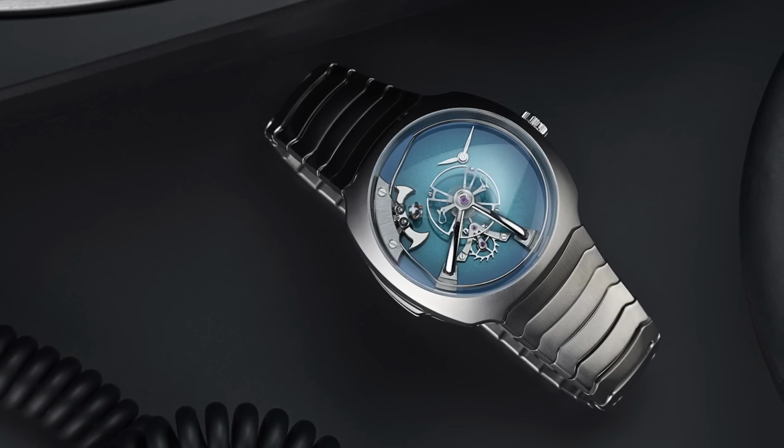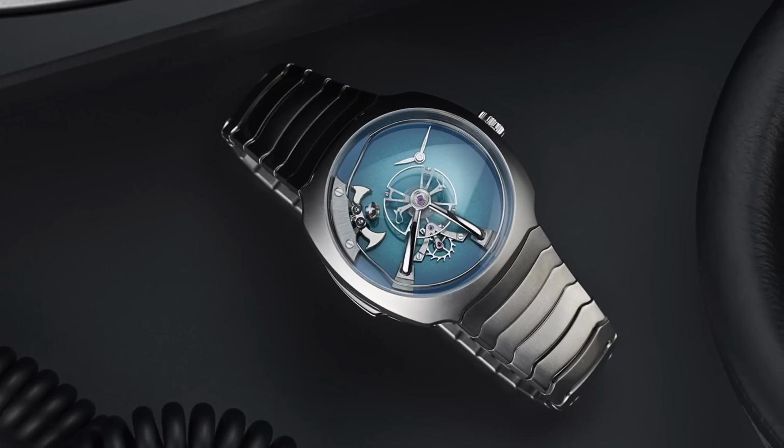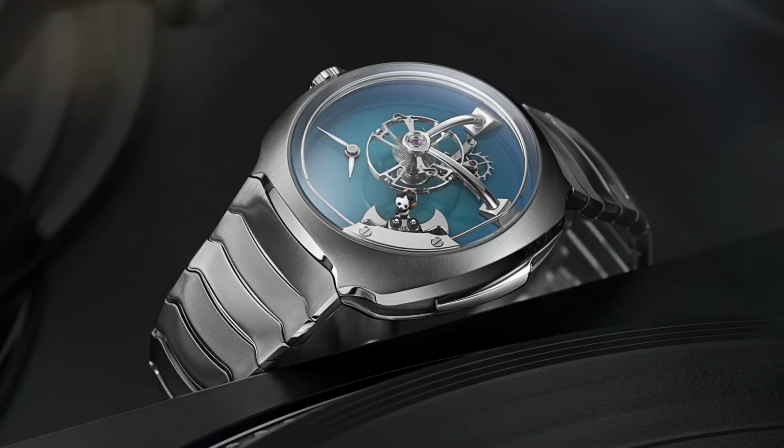It's in a streamliner case, though. So it's kind of a mismatch of a lot of the components that they've done together or even on their own put into one case here. It's got a blue fumé dial. It all comes together like pretty beautifully. It's steel, which